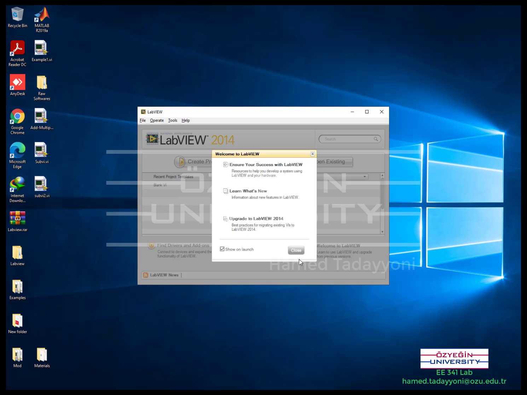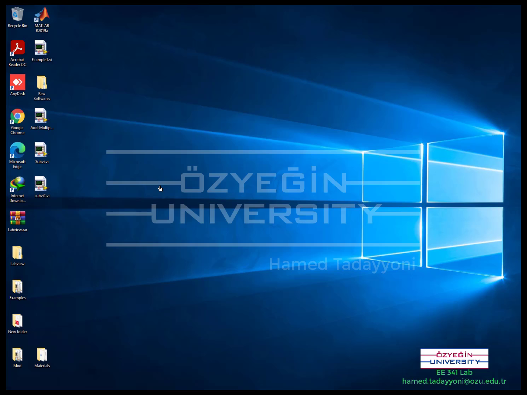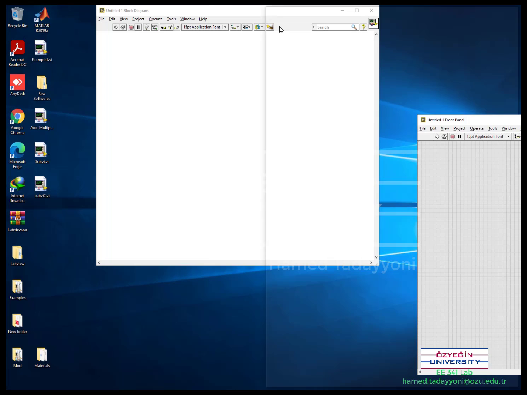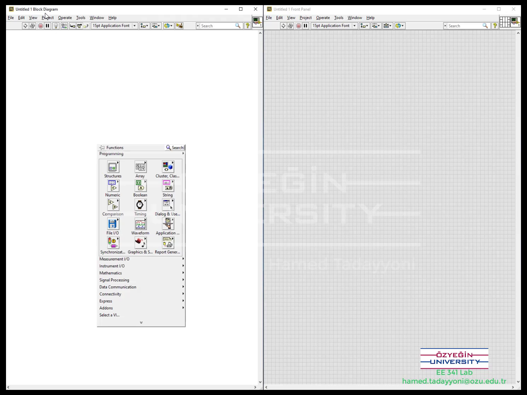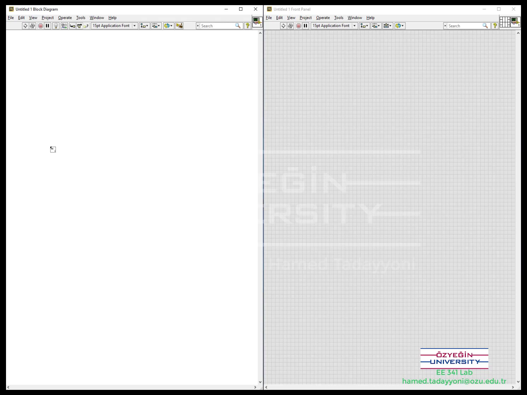Okay, we are going to continue with introducing you to the structures used in LabVIEW. The next one will be the for loop. So let's open a blank VI. As always, let's split the screen to see both of them together. So we go to the block diagram, we right click, we come to the structure, and we come to this for loop, and we drag it here,